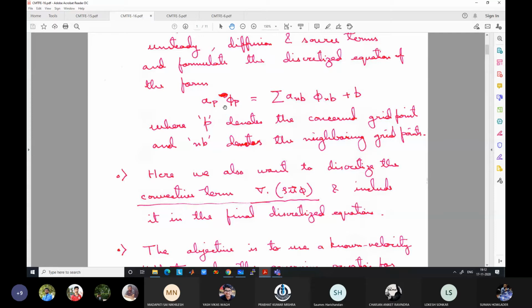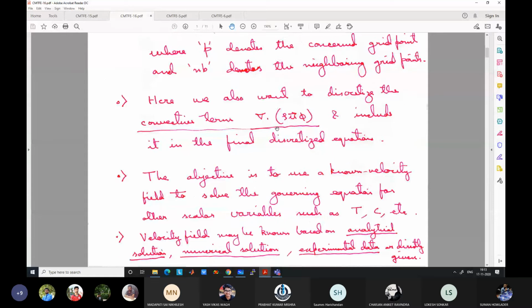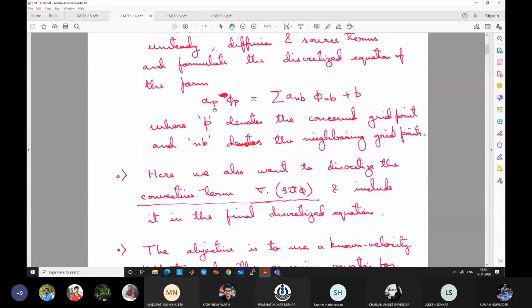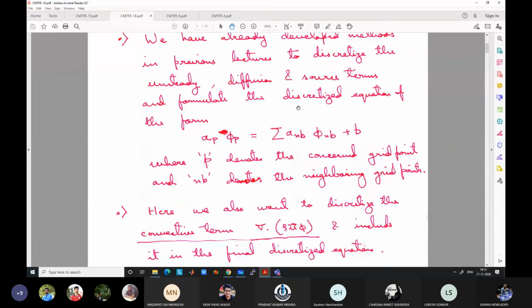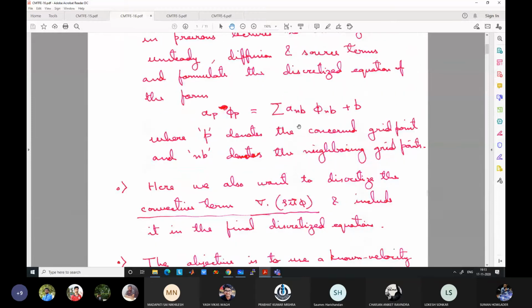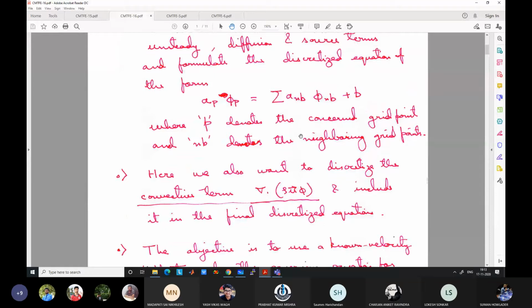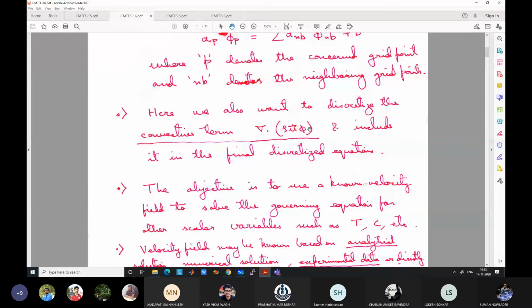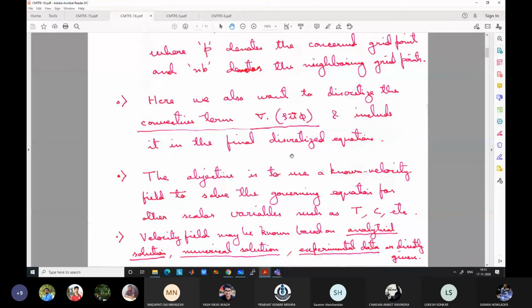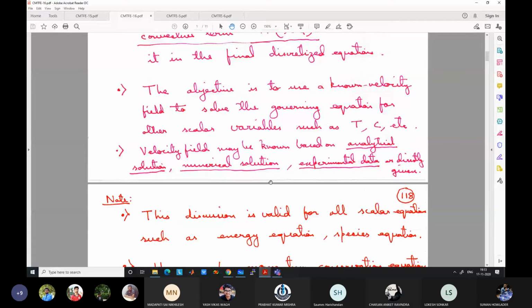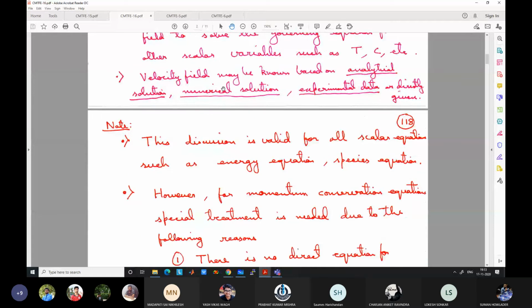Because we can write this as a coefficient matrix multiplied by the unknown variables equal to some known variables. The only thing that is going to change if we include the convective term is the coefficients AP and ANB, meaning AE, AW, those terms are going to change. Otherwise, the discretized equation form will look the same. That is our target. These parts I have already described, so I'm not going through them again. It is just so that you remember it.